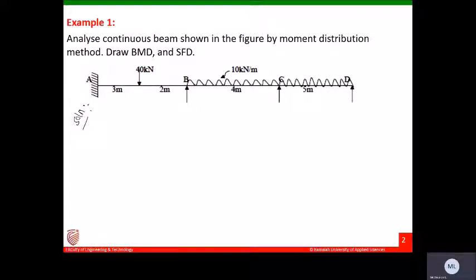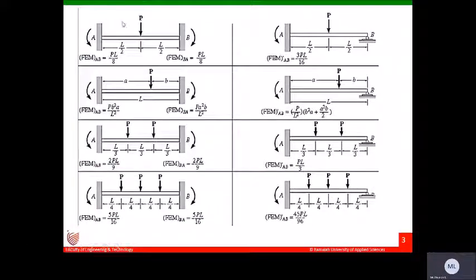Before going for the solution, our first aim is to find out the fixed end moments of the given problem. Here there are some standard cases for fixed beams. The fixed end moments for those beams are given here. For a fixed beam with a point load exactly at the center,